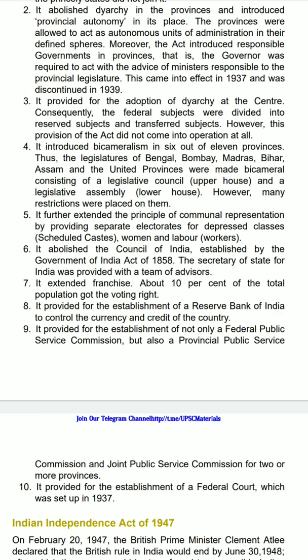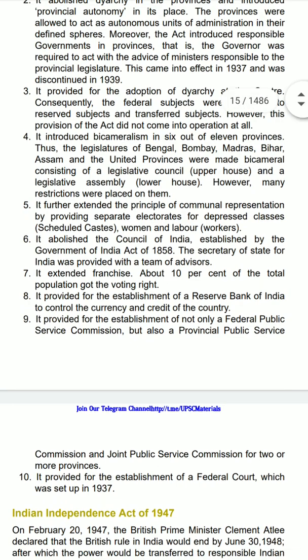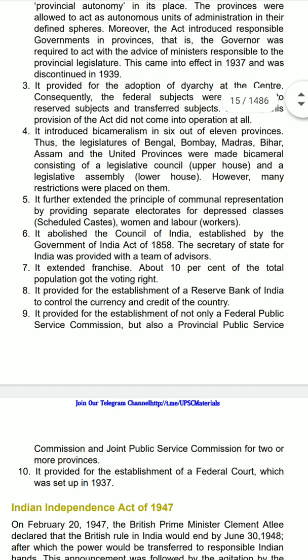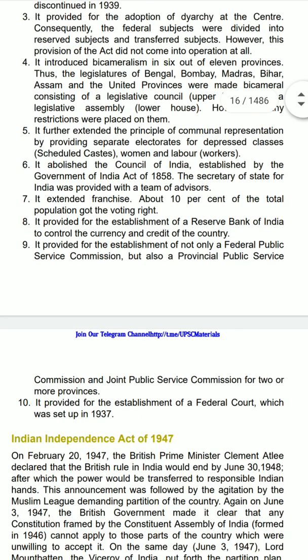It introduced bicameralism in 6 out of 11 provinces. Thus, the legislatures of Bengal, Bombay, Madras, Bihar, Assam, and the United Provinces were made bicameral, consisting of the Legislative Council, Upper House, and the Legislative Assembly, Lower House. However, many restrictions were placed on them. It further extended the principle